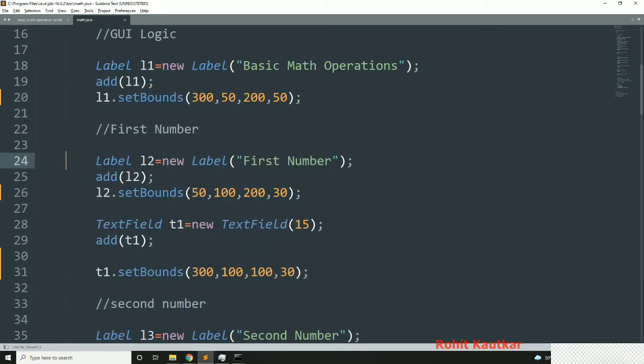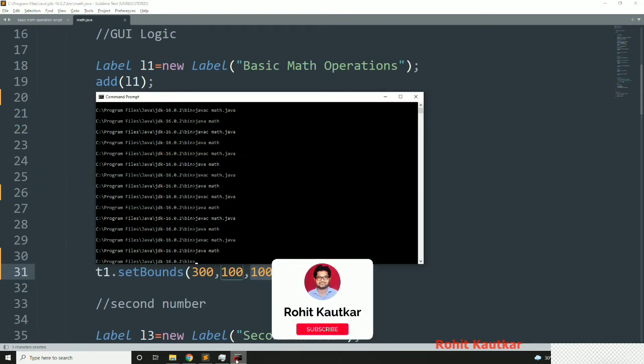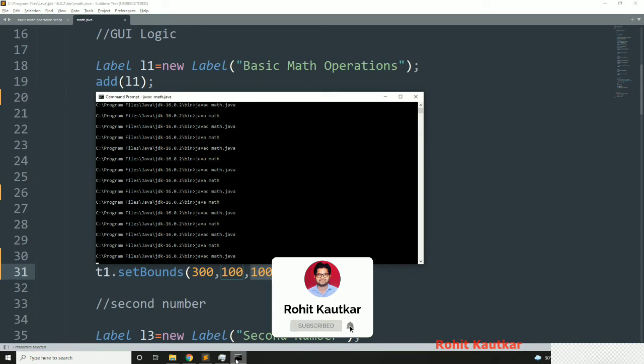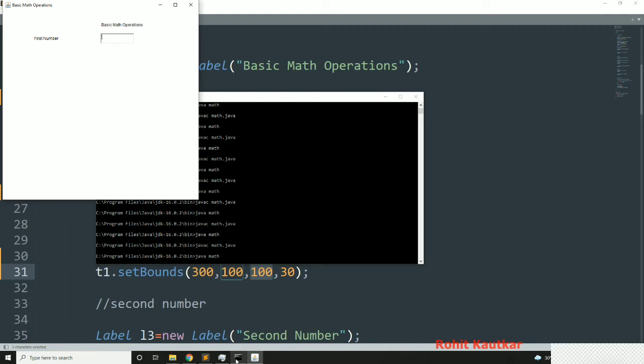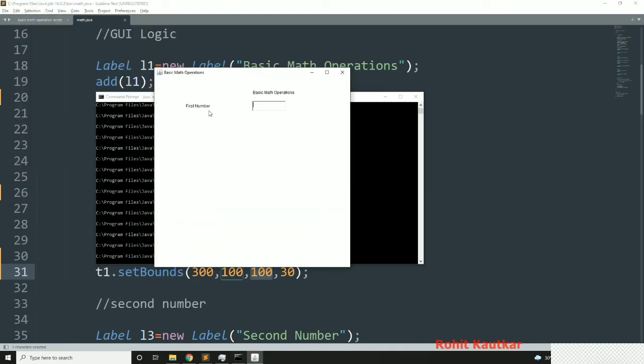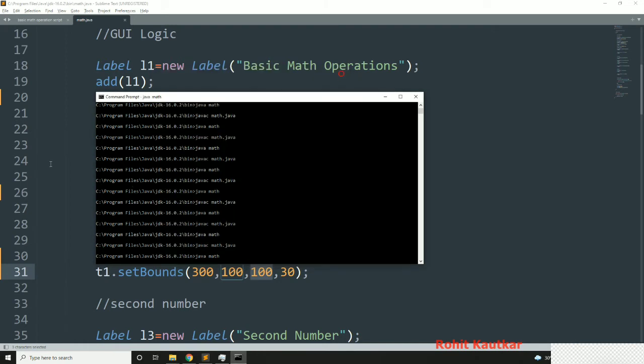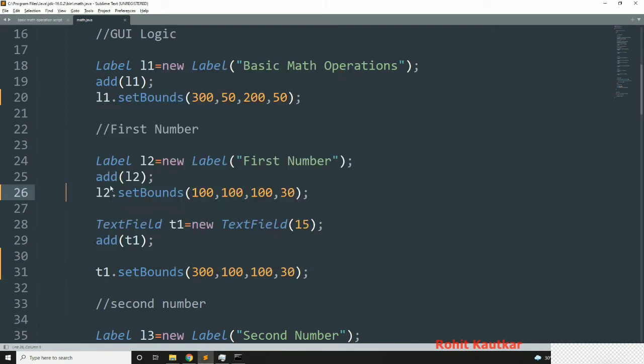So I will shift this a little bit to the right side, its width should be 100. And again let's try to compile.